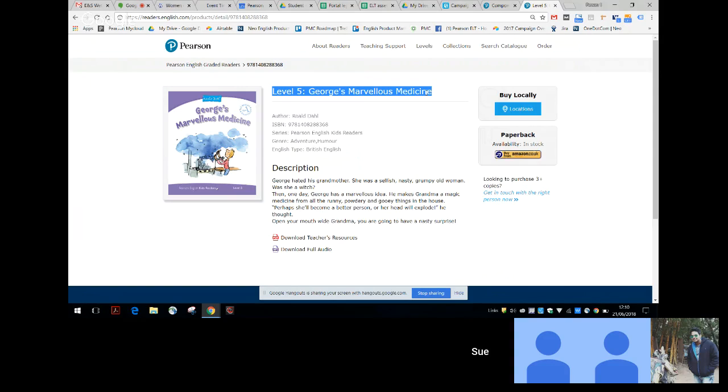And at the end of the process, the title still needs to be attached to the level. We can't separate them. We don't want to lose the link between those two things, in the same way that we don't want to lose the link between the title and the ISBN. So level 5 is just another property of that title, but I want to be able to display it separately from the title. Okay, sure. Yeah, thank you. Okay, so that's that one.